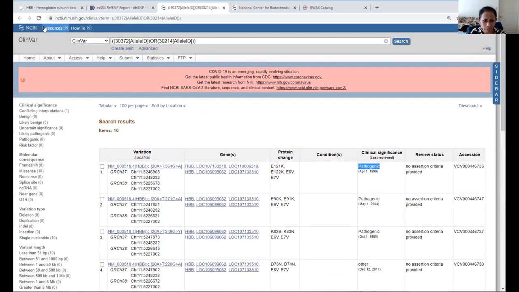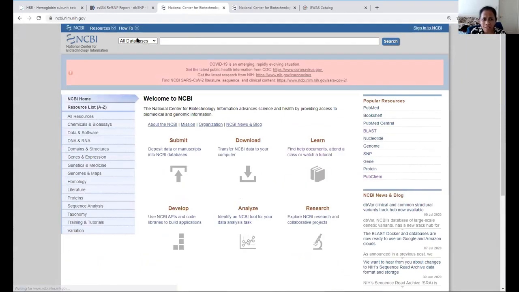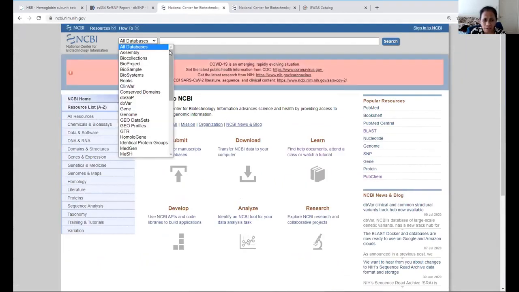Now, very quickly, if I just go here, NCBI has a huge number of